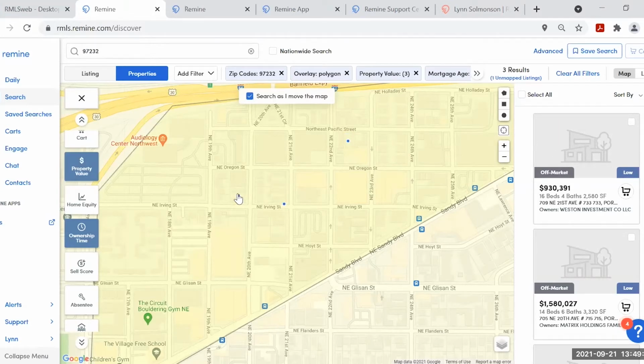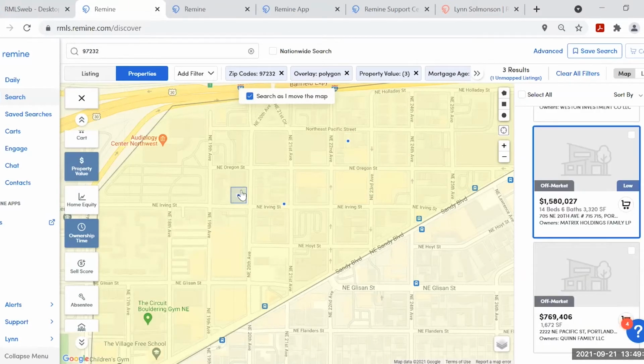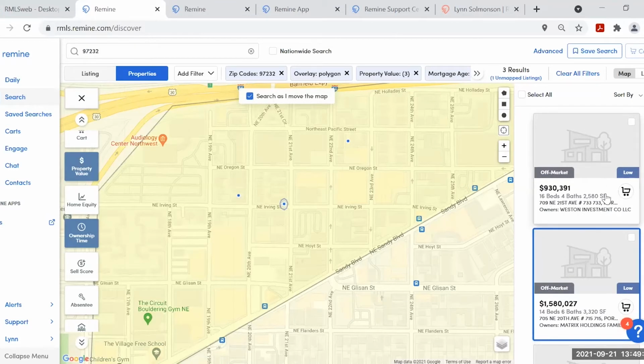When I hover over the second one, there's another little bubble around that property, and the third one. Okay. Also, if you click on the little blue dot on the map, it'll also slide to that property and put a little border around the one that you're looking at that moment. Okay, and we'll go in and look at a property a little bit later, but I have 3 right now. So to do a postcard mailing,